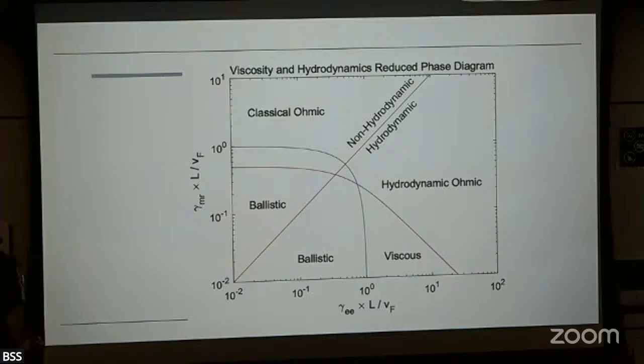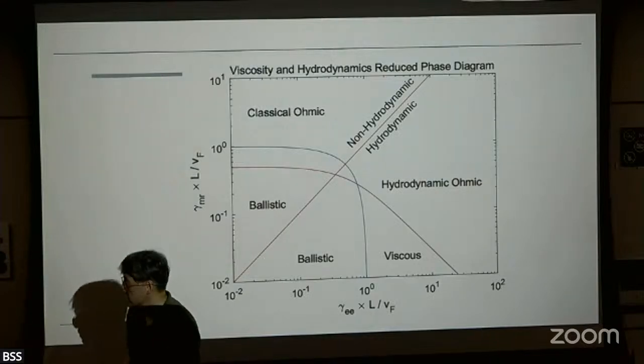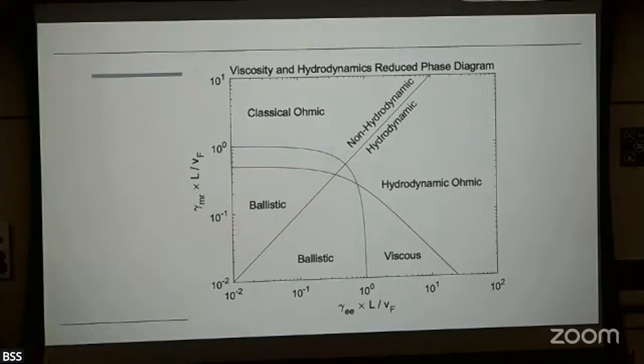So there are three length scales involved. In terms of length scale, it's the same as time scale if I convert with the Fermi velocity. This is the diffusion length, the momentum relaxation length scale, and this is the electron-electron length scale, or the conversion rate. I normalize everything with the size of the system, the characteristic length scale of the system. Clearly you can see that this line is simply comparing whether the electron-electron scattering time or the momentum relaxation time is more important.